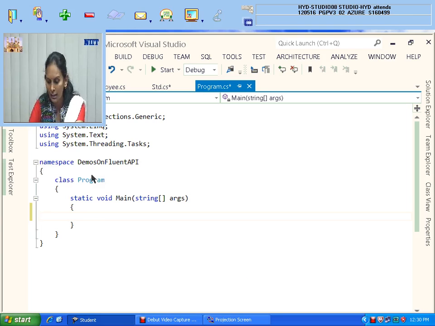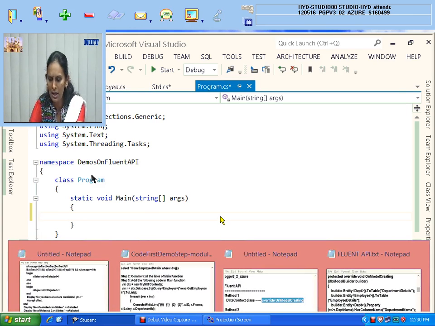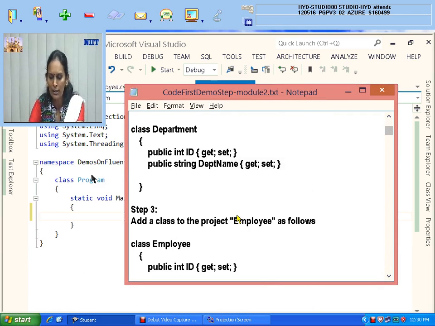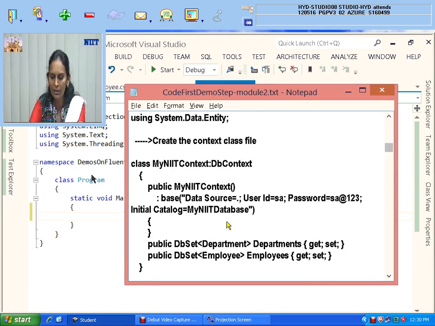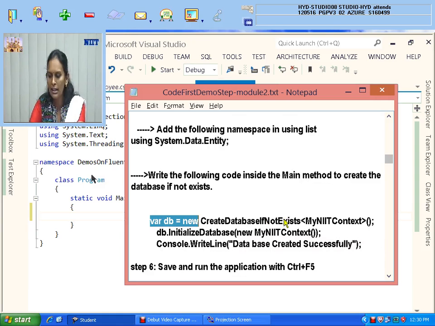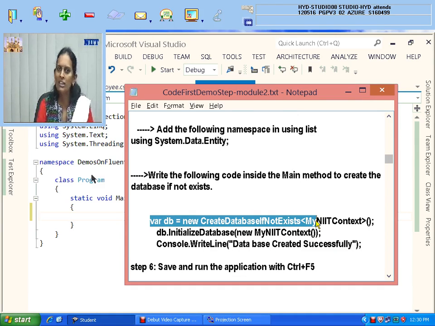For that, the same procedure we have already used, there is no difference. In the first demo, how did you do the database creation in the main function? See here, there is a database you create if it does not exist. Actually, it does not exist, I know.